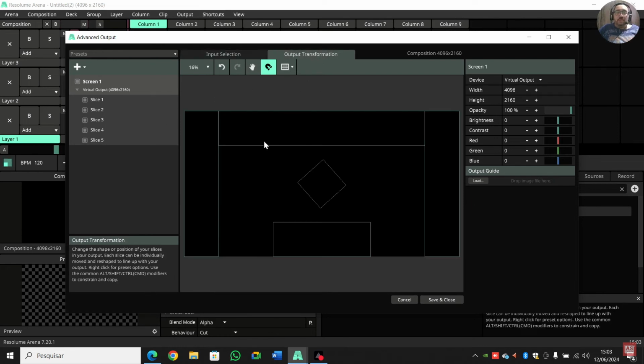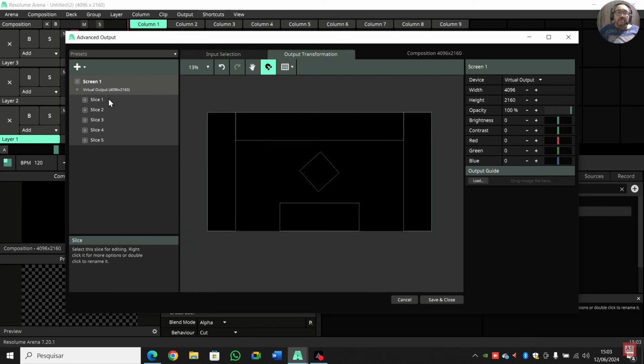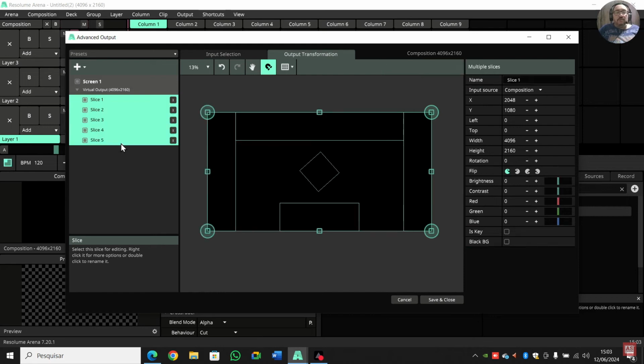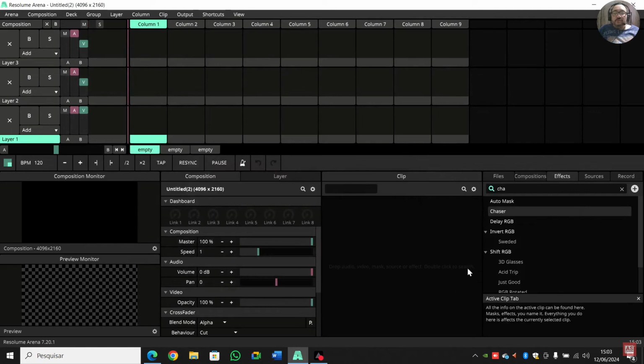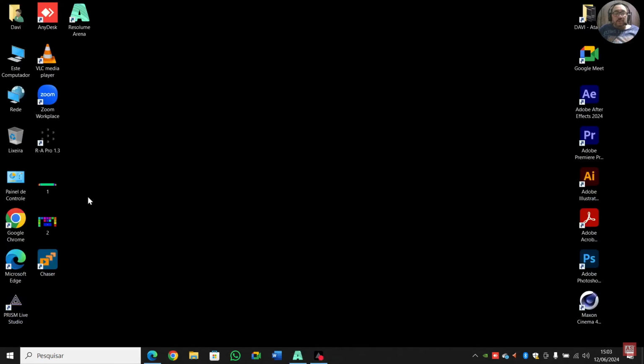It is the same thing. I select everything, only instead of being Match Output Shape it will be Match Input Shape, because it will get the input configuration. Okay, once that's done, I save, minimize Resolume,